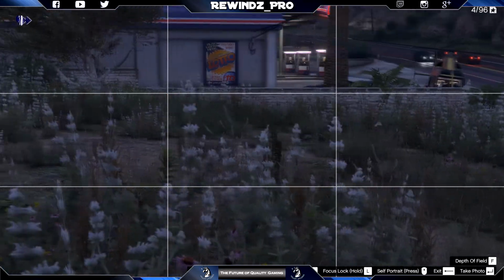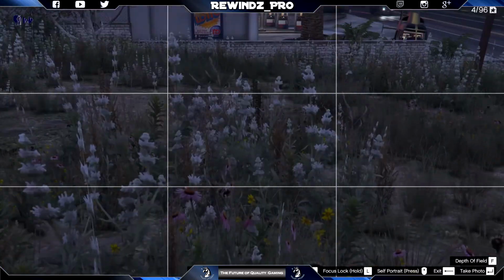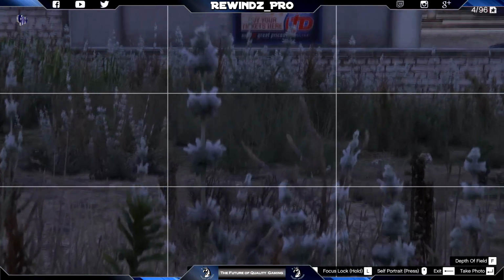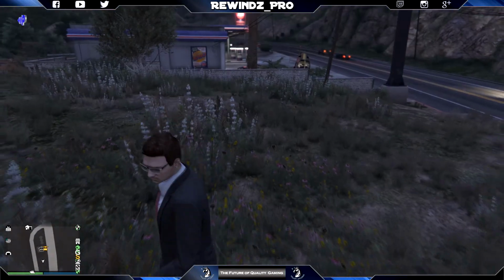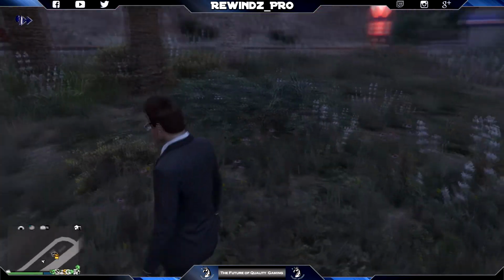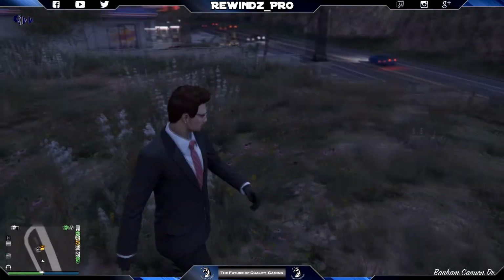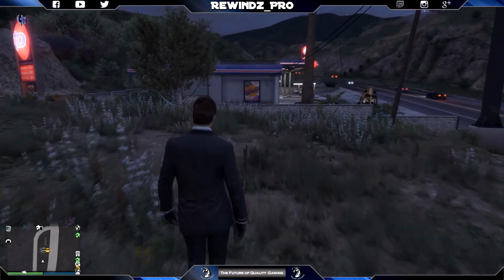Or you can pan left, so you move left and then look into your character. Or if you have enough gaps between the flowers, you can move through the gap and look into your character. Why I'm showing you this is because you can use anything around you to your advantage to make the scene more interesting. So if you just imagine that we are having our character standing there, we stand here in front